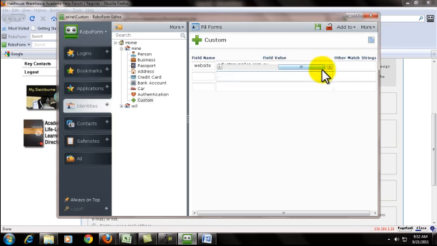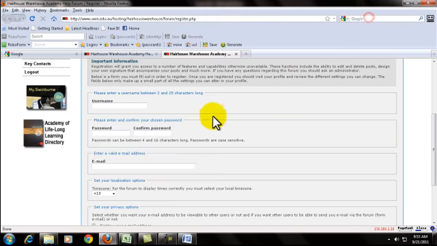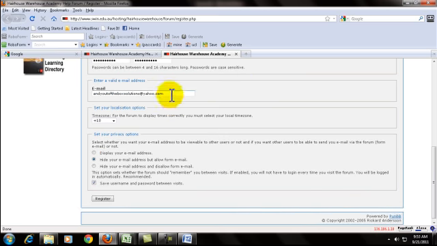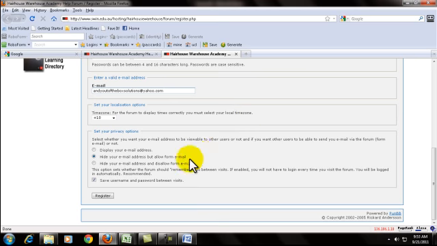So what I did is that every time there is a website field, it will automatically fill up that field with this URL here. For example, this one. We are on the registration page. You just click it once and it will autofill everything to make your work easier.